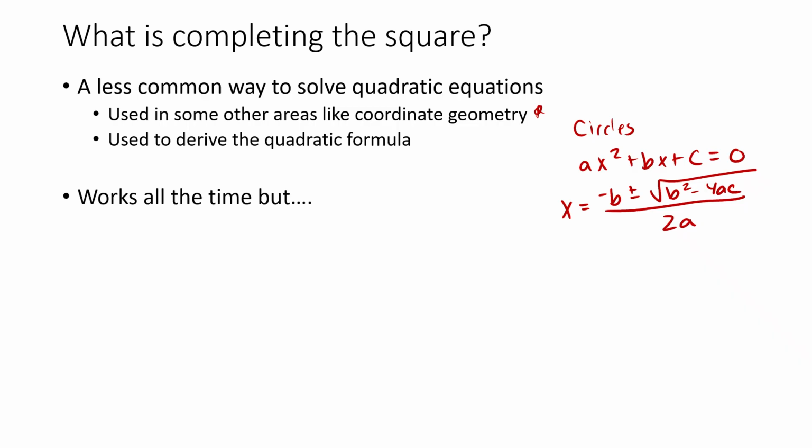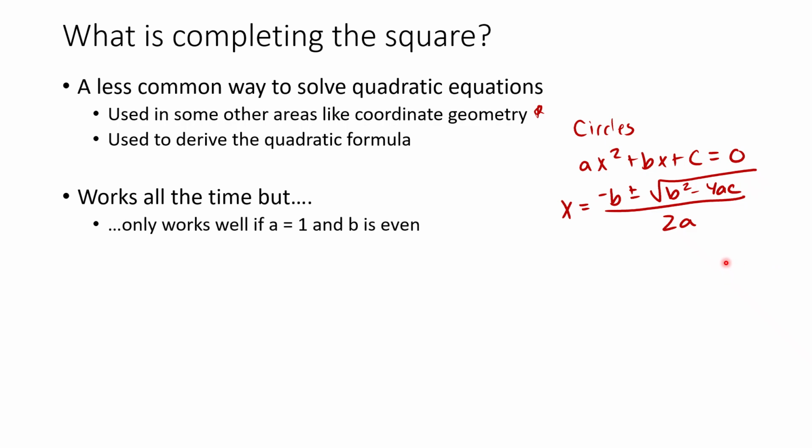Now, completing the square does work all of the time. So there's no kind of equation where it doesn't work. It's not limited like factoring is, or using square roots, or even graphing, depending on the type of solutions you have. Completing the square is one of those strategies that always works. I guess we kind of know that because the quadratic formula always works and they pretty much come from the same spot. But